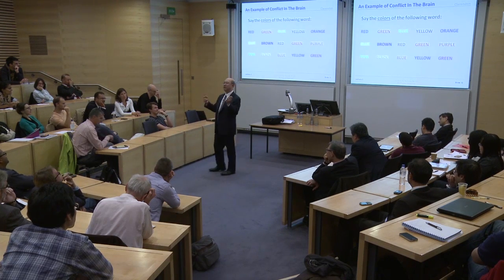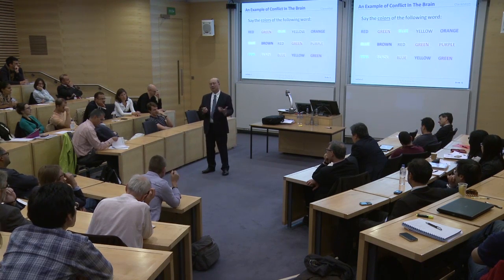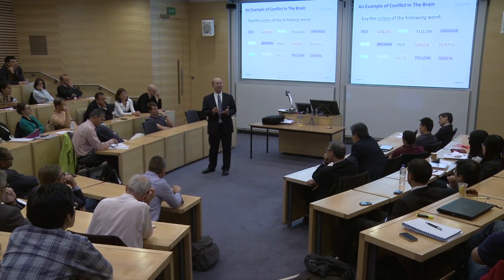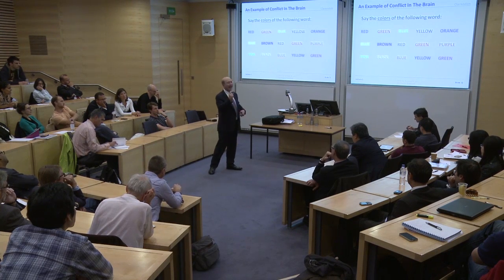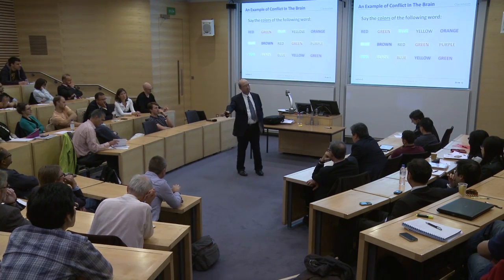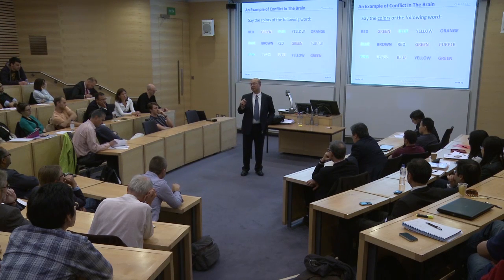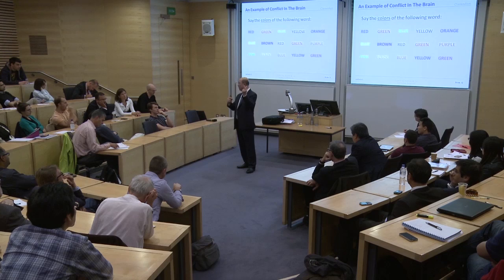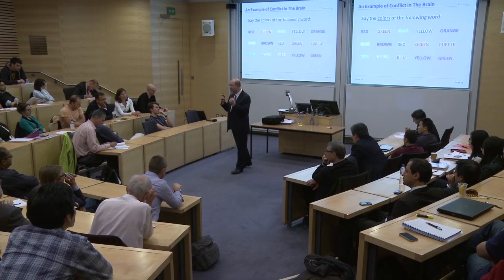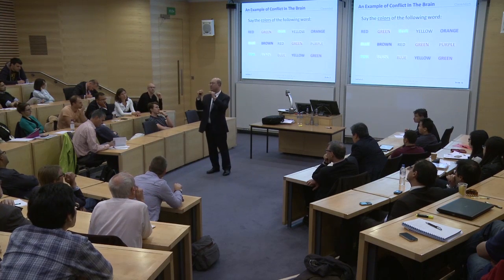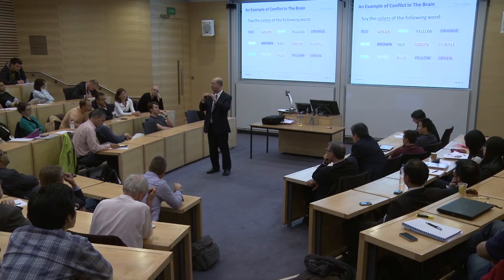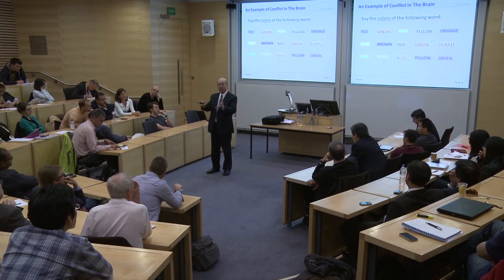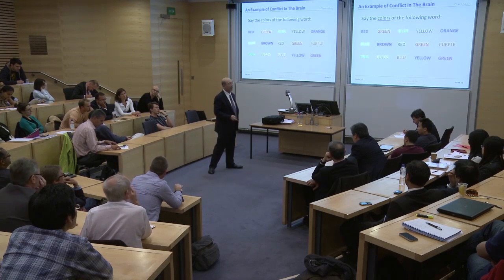It's because in the first case, the color and the word agreed. Color recognition actually happens in the midbrain. Language ability resides in the neocortex. When there's agreement, you can do it pretty quickly. When there's disagreement, it takes your brain a split second to adjudicate that conflict. And you notice that in the delay.